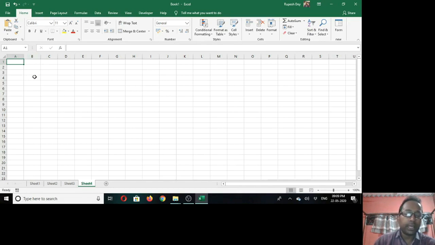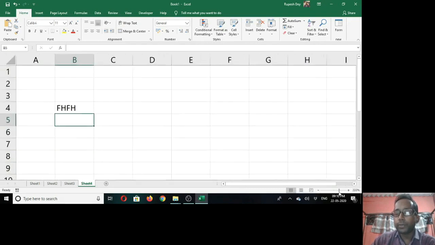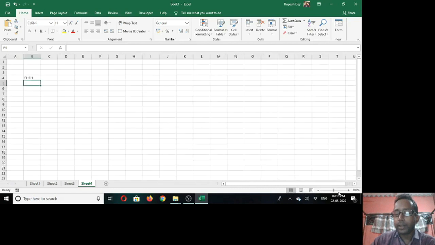And below the window, you will find the status bar, where Ready will be written at the left hand side. That means your current cell or active cell is ready to accept data, and when you type data, it becomes Enter. Press enter to enter the data in that cell, and the next cell becomes ready to accept data. And at the extreme right side of the status bar, you will find the zoom slider, which is used to zoom in and zoom out the worksheet, and the zoom percentage will be displayed at the right hand side of the zoom slider.